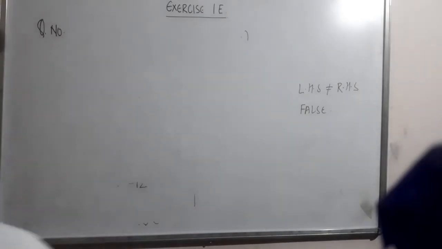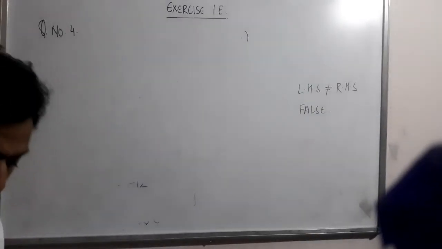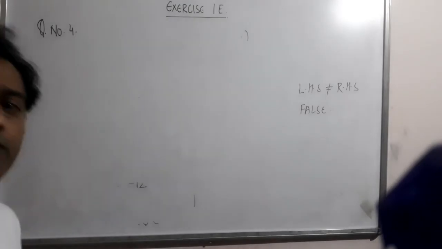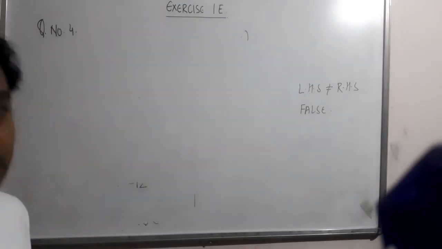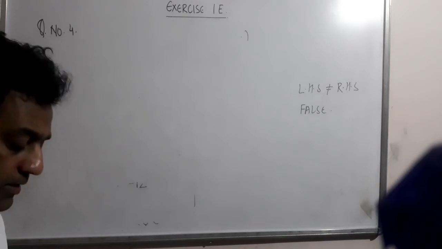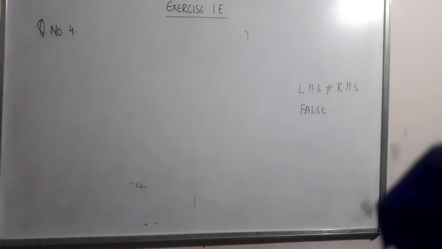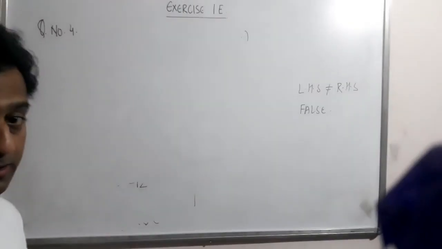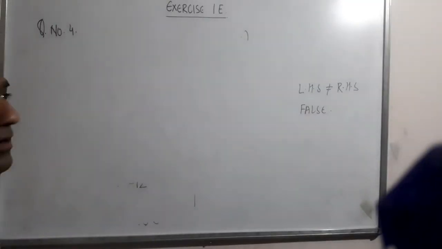Now question number 4. The product of two rational numbers is minus 9. Product means whenever two rational numbers are multiplied, so the answer is minus 9. If one of the numbers is minus 12, find the other number. In this case, most of the students, which I have generally found, directly do the division. But I will go through the multiplicative process only.